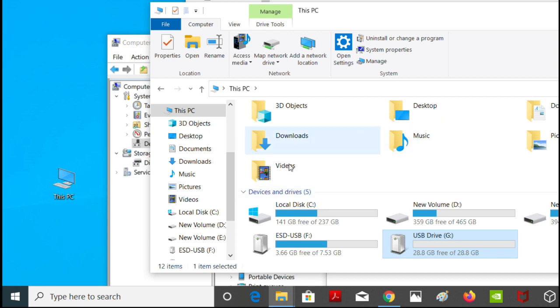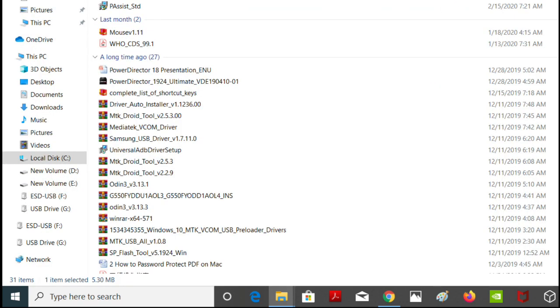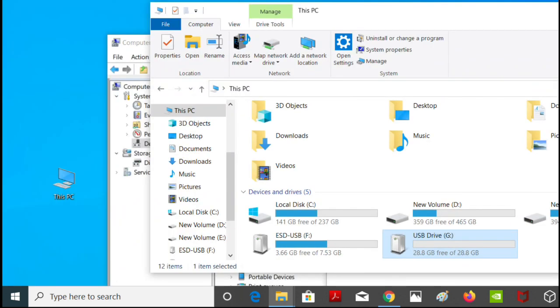So formatting my pen drive, after formatting it started working, but I have lost all the files that I had in my pen drive. But I can recover those files using software. So you can see this is the 10th step you can try. So try this step